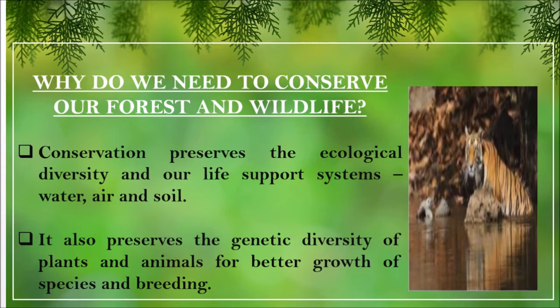You will be thinking, how can they balance the forest life by killing the animals? Because if they don't kill these herbivorous animals, the number of herbivorous animals will keep increasing. Then they start eating all the plants and trees, then there will be no trees and plants at all, right? Then there will be a scarcity of water, scarcity of rain. So carnivorous animals help keep the ecosystem balanced.